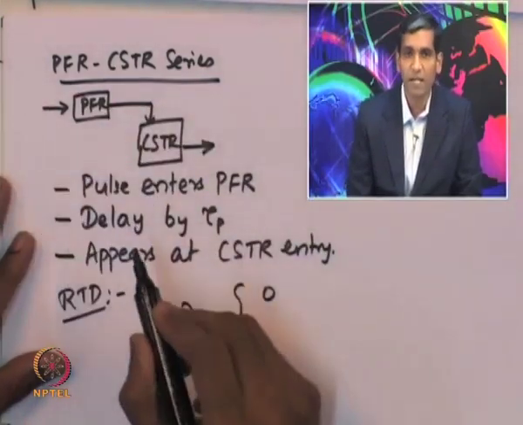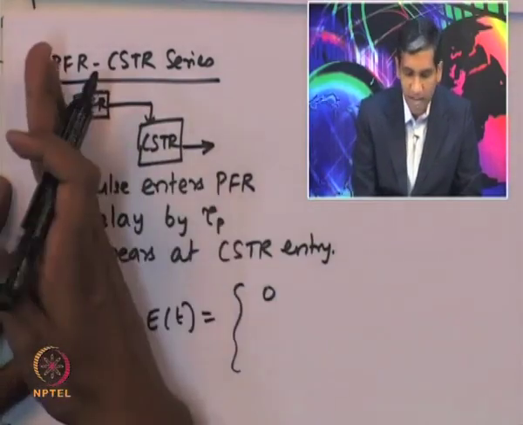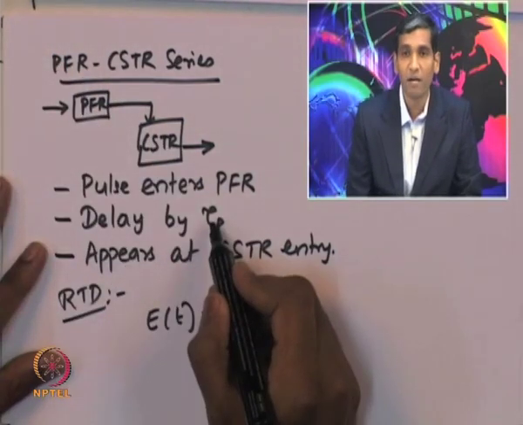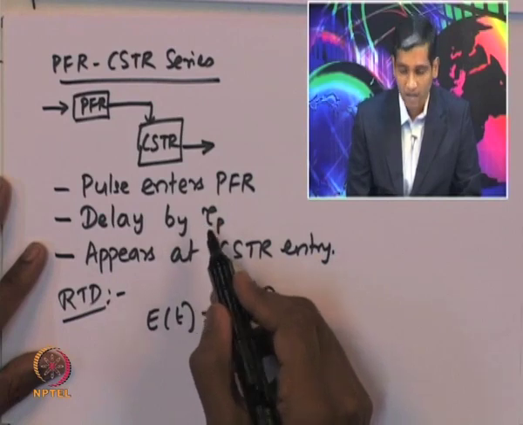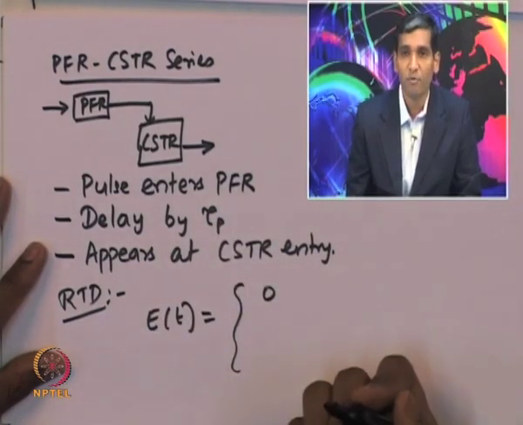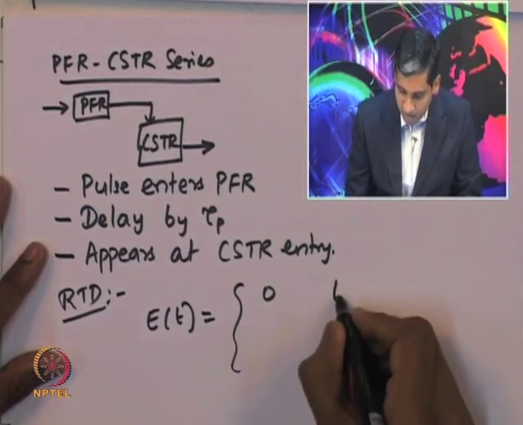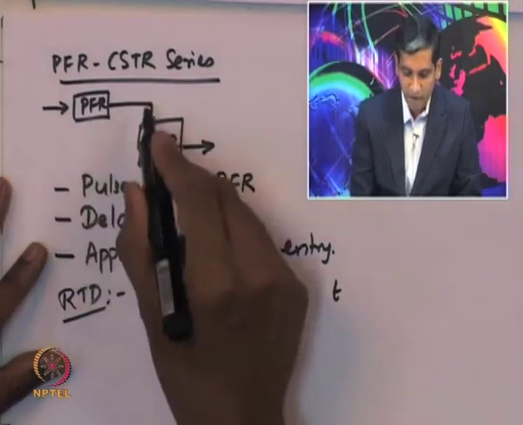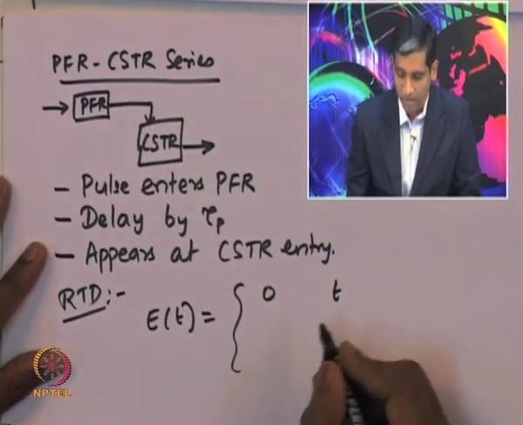But because it is placed in series, the delay introduced by the plug flow reactor, of the time period of the space time of the PFR, will be the delay in the overall residence time distribution function as well. So, therefore, there will be no output in the plug flow reactor CSTR series combination till